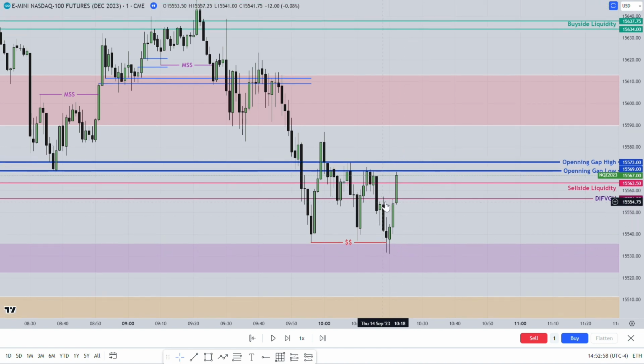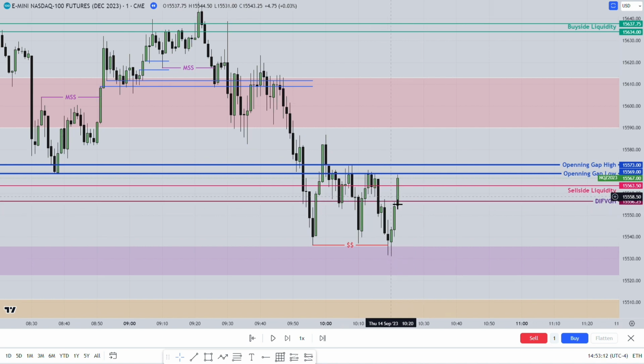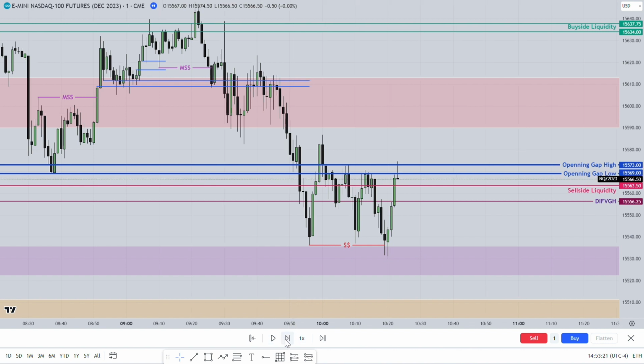If you mark this as a swing high, it has actually traded this gap. So this is your valid swing high for shifting your market structure. If you mark this as the market structure shift, it has already shifted the market. But there is a very strong point, this opening gap. So price can easily trade over there and then come back again. So you can't take your entry over there. You have to wait for price closing above this gap. If it closes above there,